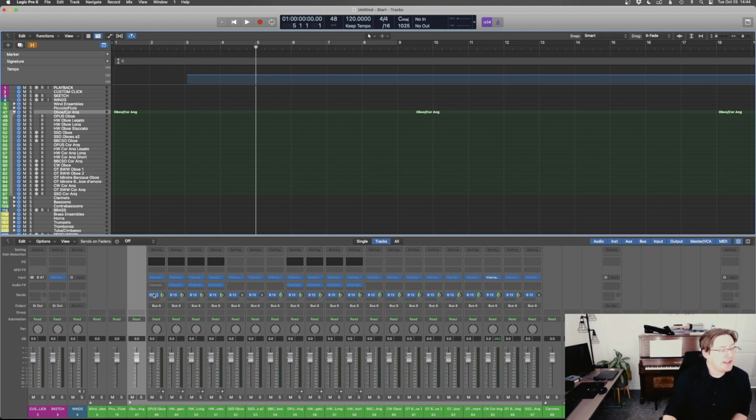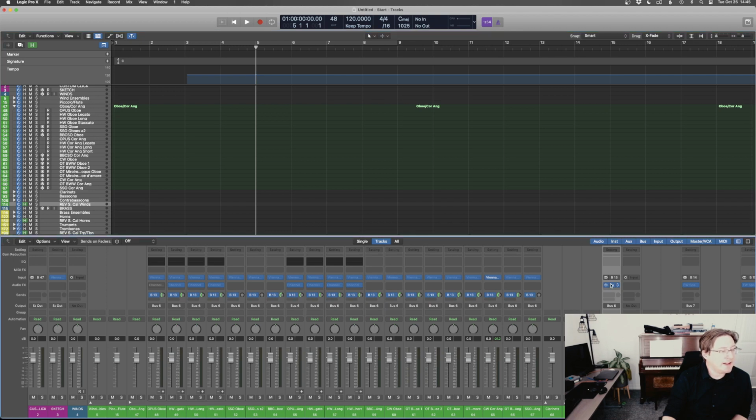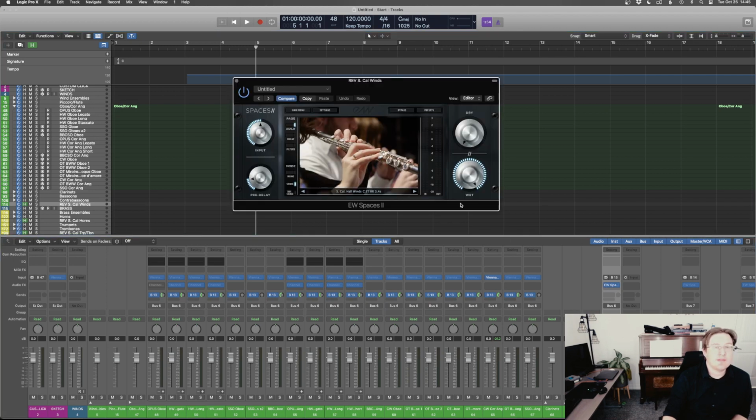So, for example, all of these have this bus, and it's set to the Spaces Hollywood Hall Winds preset or something like that. I have that hidden. You can't see that track right now. If I unhide, you can see that down here there's one called Rev SoCal Winds, and that's just the channel strip that holds Spaces and then sends it out to that bus,